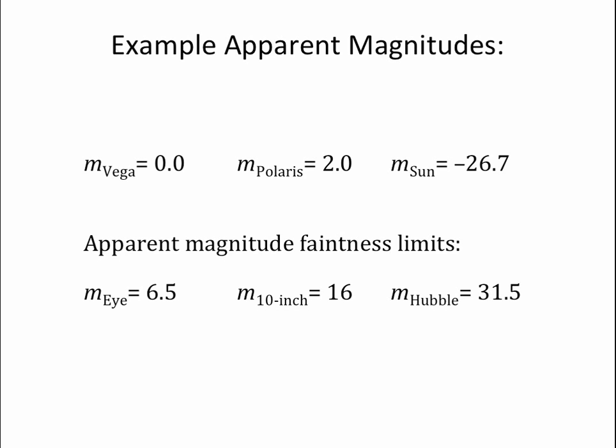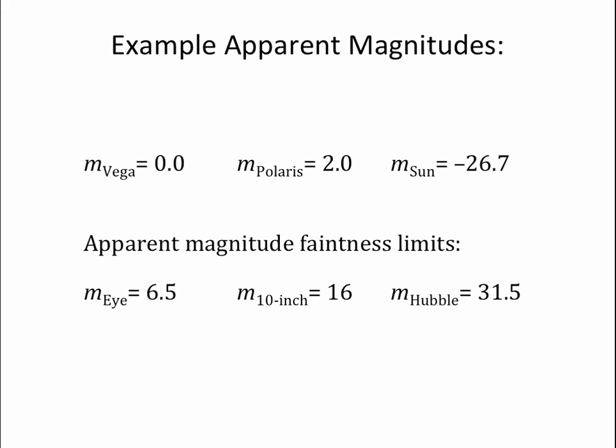Now, a 10-inch telescope like what we have out at the Commerce Observatory, which I hope you'll be able to see one of these times, can see to a magnitude of 16. So that's 100 times 100, that's 10,000 times fainter than the eye alone. This is why telescopes, one reason they're useful, they collect a lot more light,